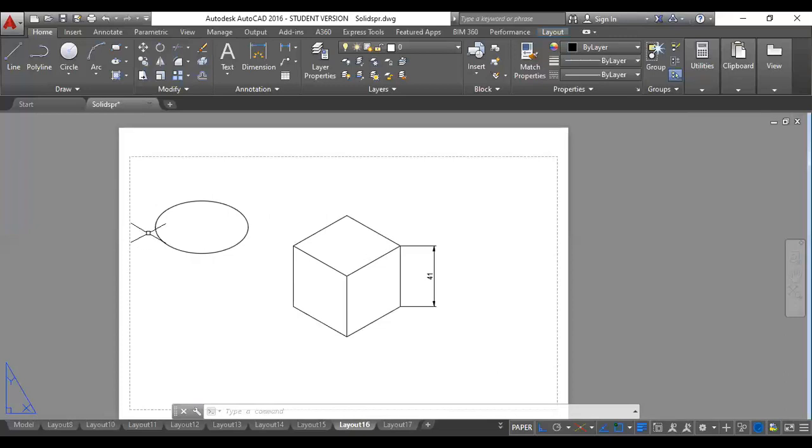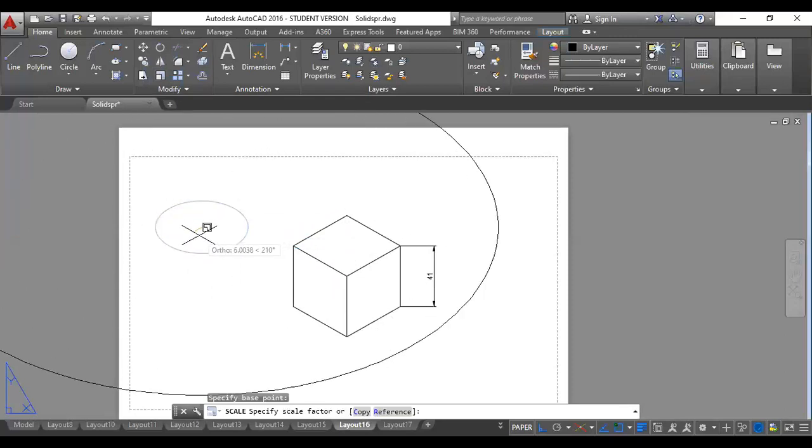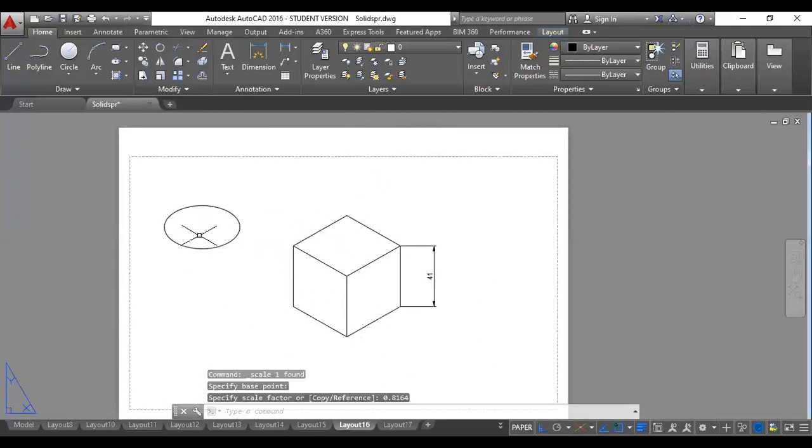So the bottom part of the hemisphere is nothing but a part of a sphere itself. So this bottom curve is going to remain to its true length only. So what you are going to do is, you are first going to reduce the scale of this ellipse, then you are going to draw the bottom curve. So select the ellipse, go to the scale command, click on it. Click on the center of this ellipse, just left click once, then give the scaling factor 0.8164, press enter. So now it is reduced to isoscale.